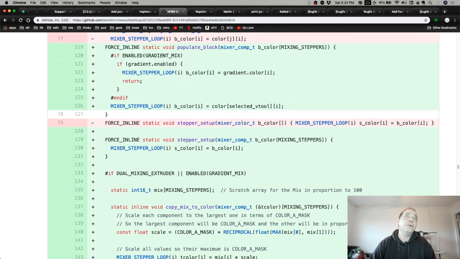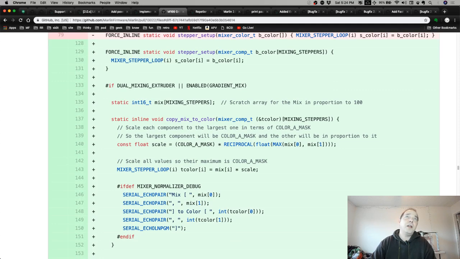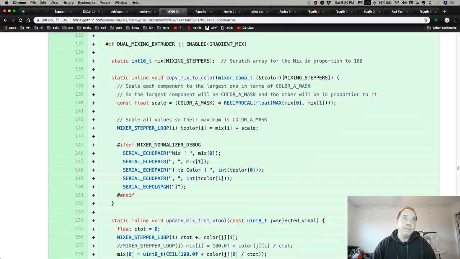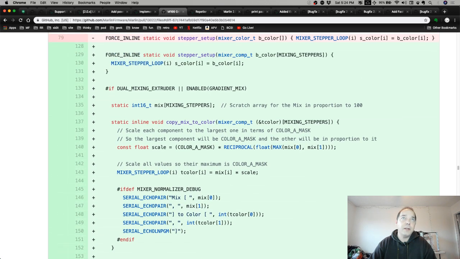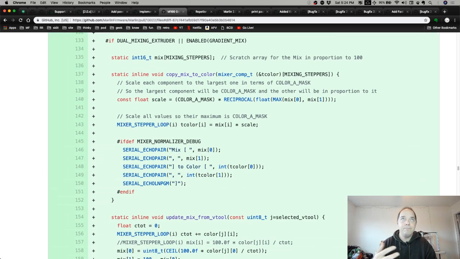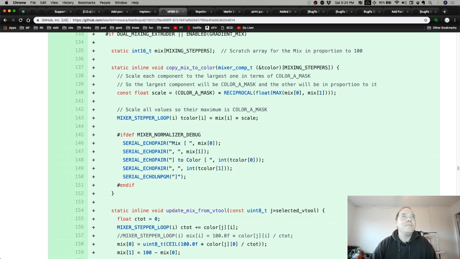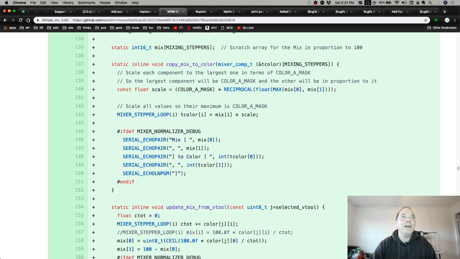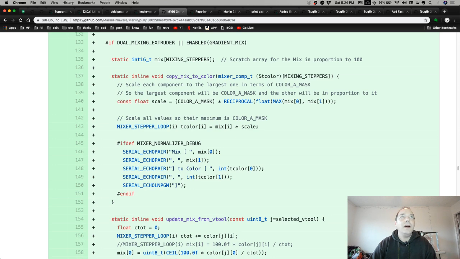So anyway, we go to stuff that was already there, stepper setup, which copies the color to the block color for the block. And that's basically the mix in terms of fancy binary numbers. And then we have the if dual mixing or a gradient mix. So these are the things that are